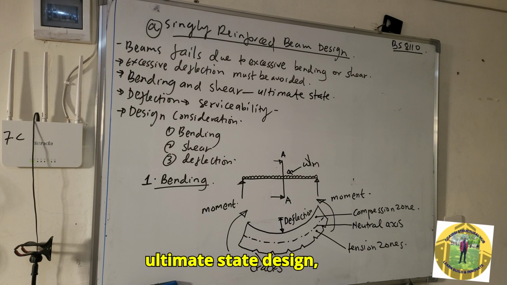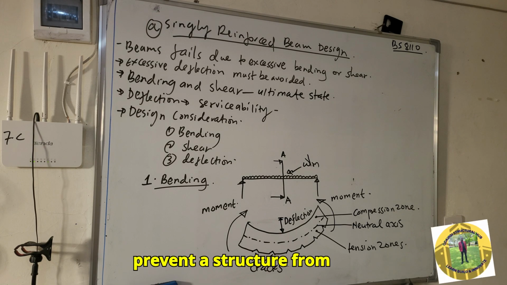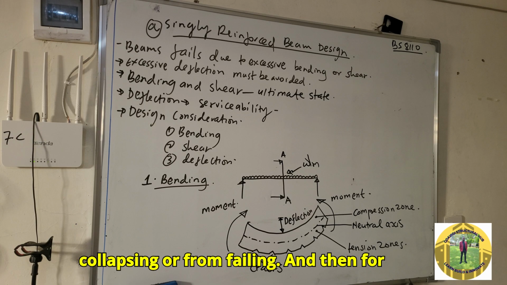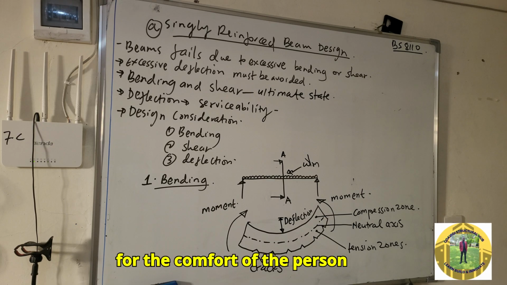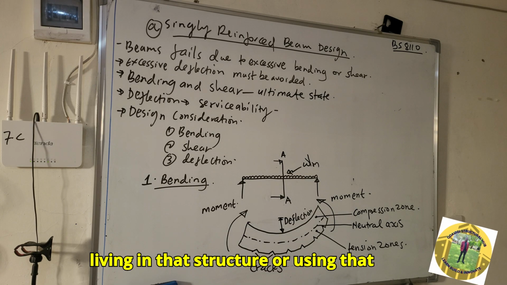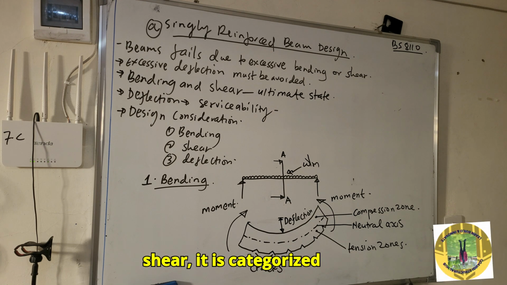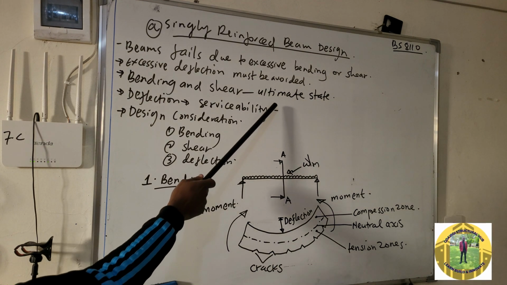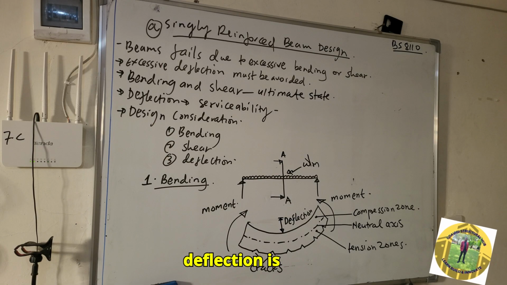In ultimate state design, you design a structure to prevent it from collapsing or failing. For serviceability, you design a structure for the comfort of the person living in or using that structure. So bending and shear are categorized as ultimate state, and deflection is